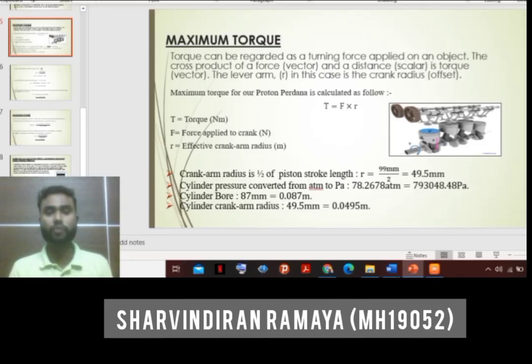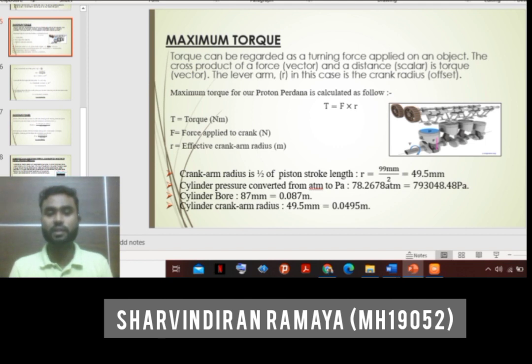I would like to continue my part of the project proposal, which is to calculate the maximum torque. Torque can be regarded as a turning force applied on an object. To calculate the maximum torque of our Proton Perdana, it is force multiplied by crank arm radius. The crank arm radius is piston stroke divided by 2. In our case, we get 49.5 millimeter. Then the cylinder pressure we can get from the previous maximum pressure analysis, which is